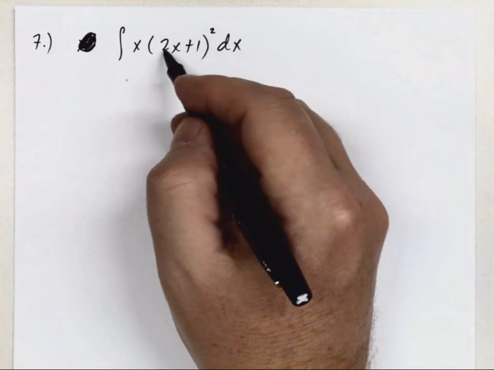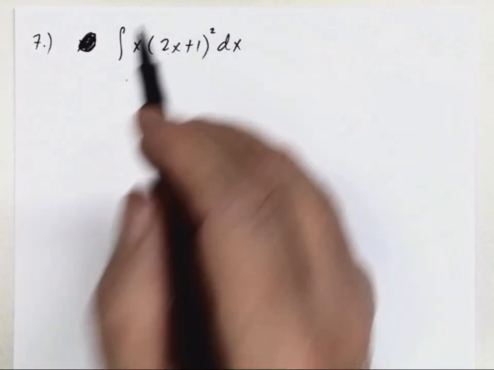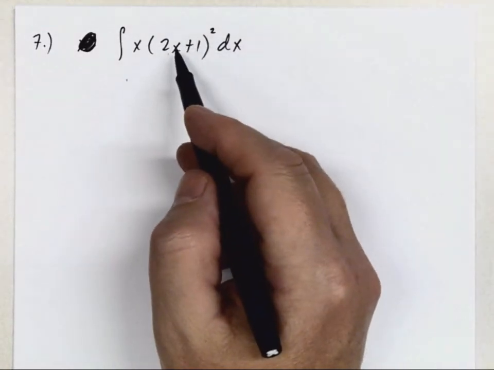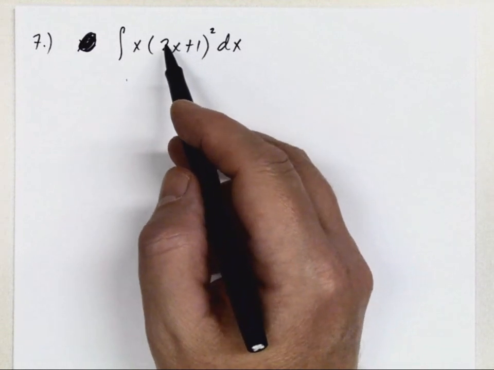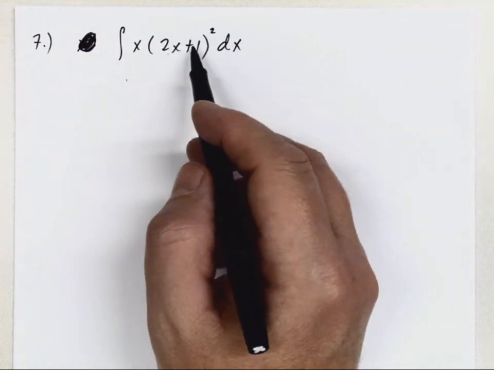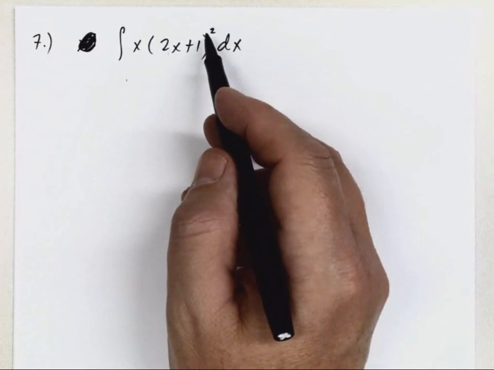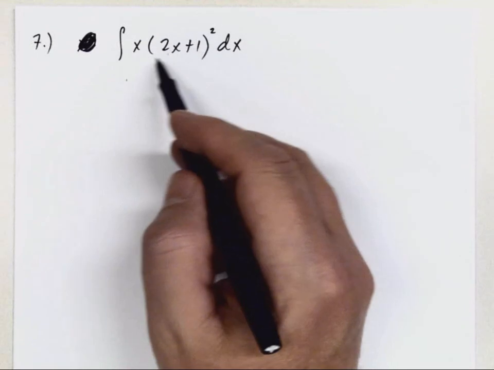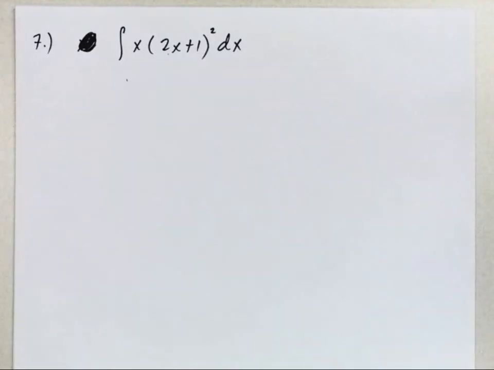All right, getting a little more complicated. Here we have x times, in parentheses, 2x plus 1 squared. We don't really have a rule. Now in a few minutes, the next thing we're going to learn about is something called integration by substitution. And this looks like the kind of integral that we would try that on, although you know what? If I tried to do that here, it doesn't work. So I'm really sort of stuck. So sometimes the only thing you can do,